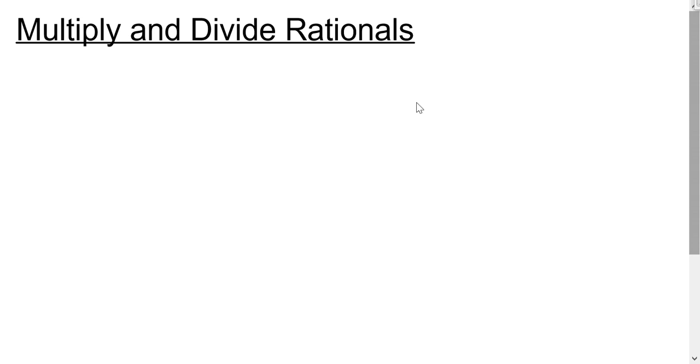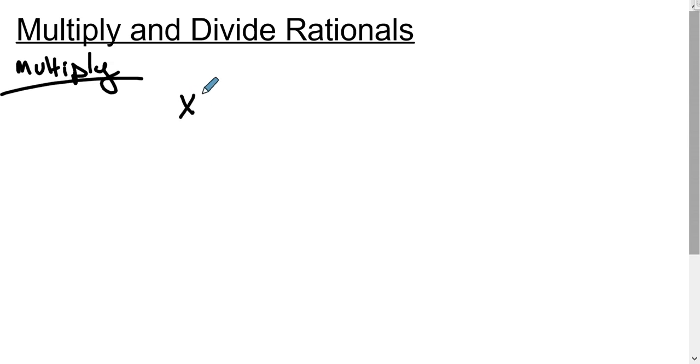So get out your composition notebooks, and you are going to take notes today on multiplying and dividing rationals. I'm going to do one example with multiplication and one example with division. To start, when we multiply rational expressions, I'm going to leave the left-hand column open because I'm going to put words here, and I'm going to start the problem just slightly over